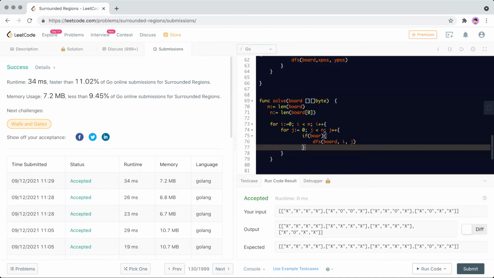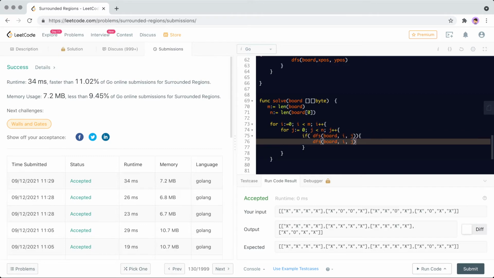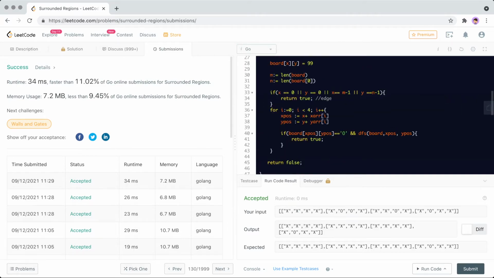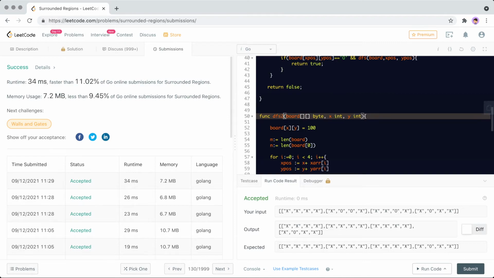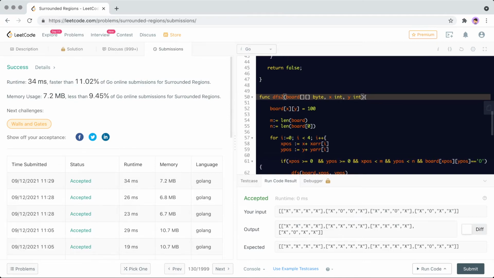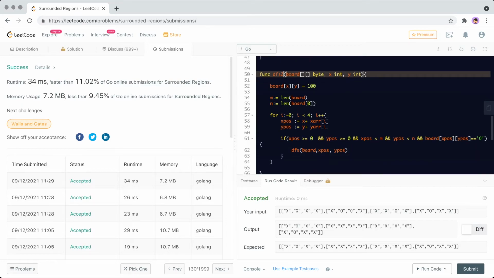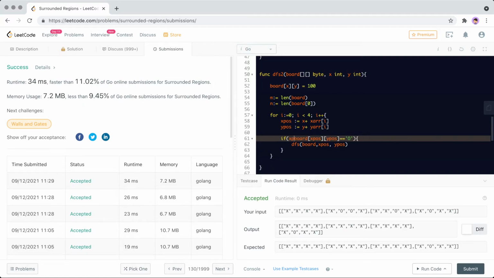Okay, do a call like, if I find that it's an edge, what you need to do is call another DFS. Yeah, we call another DFS. Then we're assigning to 100 now, because initially that 99 is for the first pass, right? So now we're going to assign everything to 100. So if its board is equal to like this or 99, so basically we now have another check here. If board is like this or board is equal to 99,